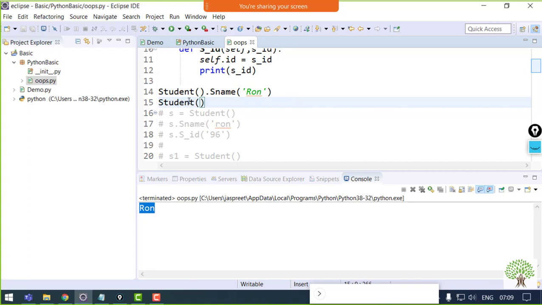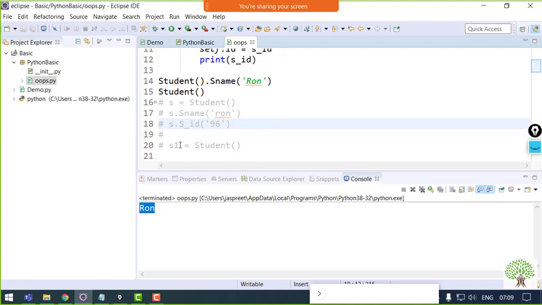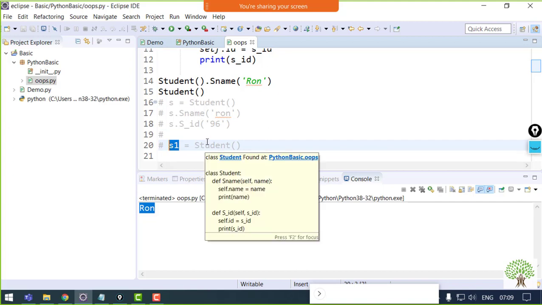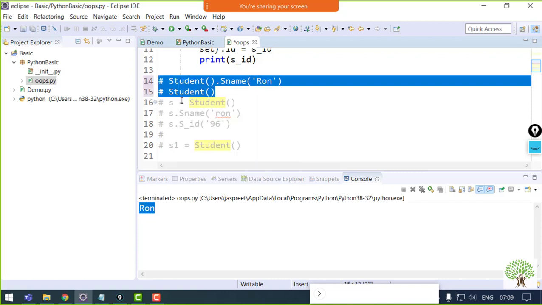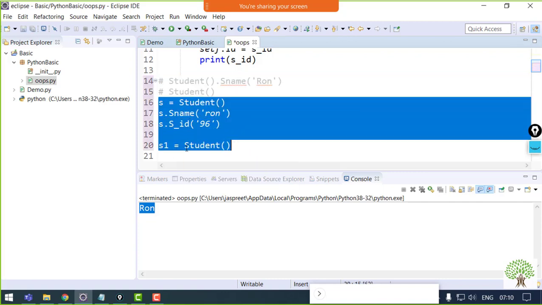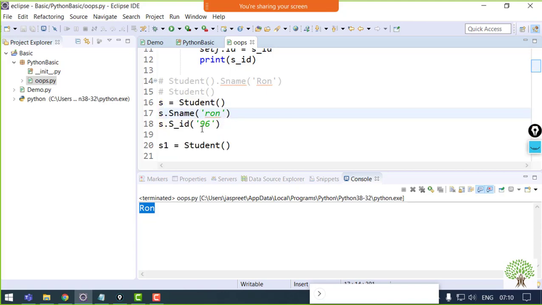So basically object and object referencing are different, because a particular reference that we have created, the variable, is going to hold the data set of a particular object. If I call s, it will return me Ron and 96 as per the parameters. If I call s1, this will return me some other set of data that I have made for the other object of the class. Here people misunderstand this concept. So this was why I started off by making the object and then moving to object referencing.